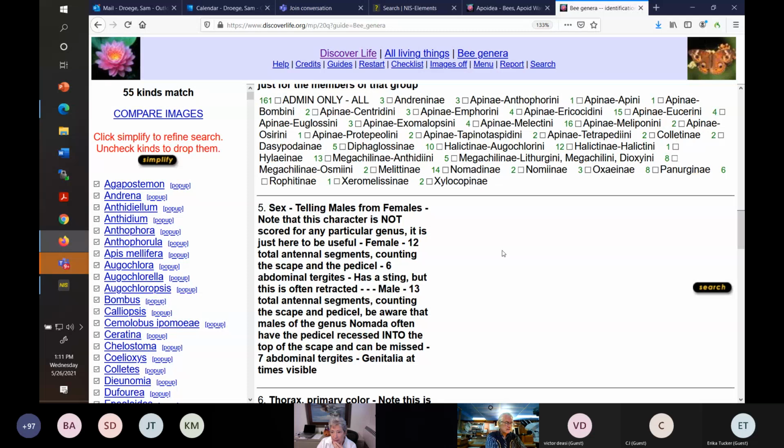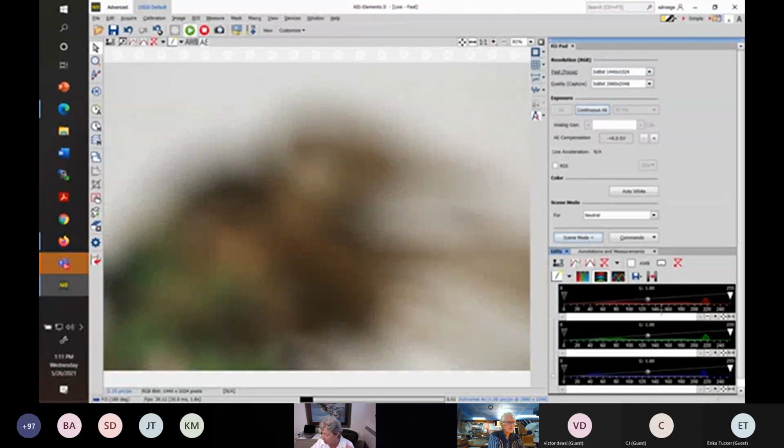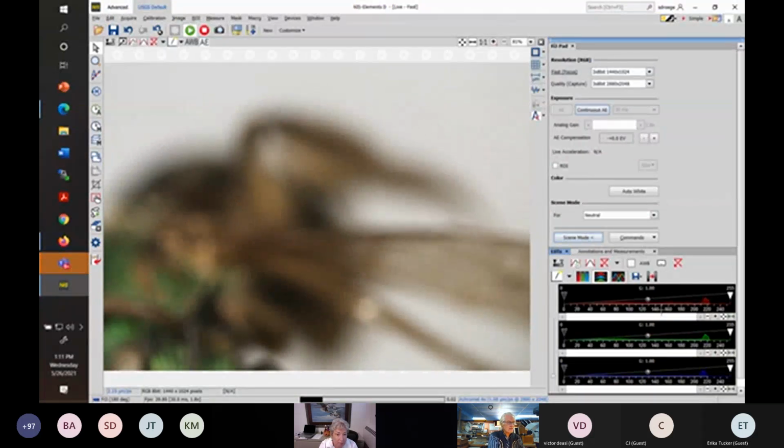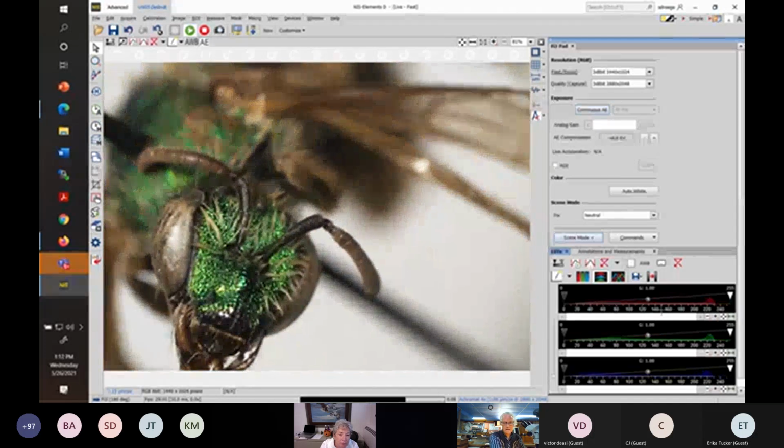note about how to sex specimens, and I'm going to now flip to the microscope, because this is important. We spend a lot of time trying to figure out whether it's a male or a female, because we always do a male or female determination when we are doing an identification, because the stream for identification for males is different from females. So I'm going to flip to the microscope here, and I'm going to focus it, and theoretically I should have had this set up beforehand. There's the head, okay? So